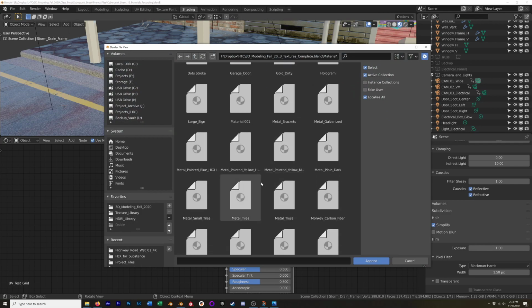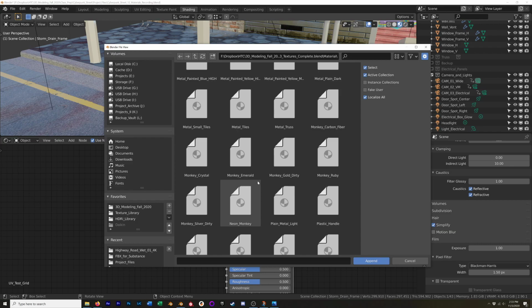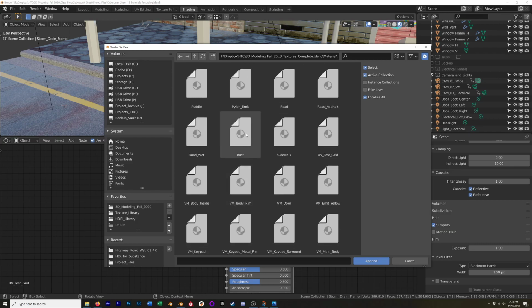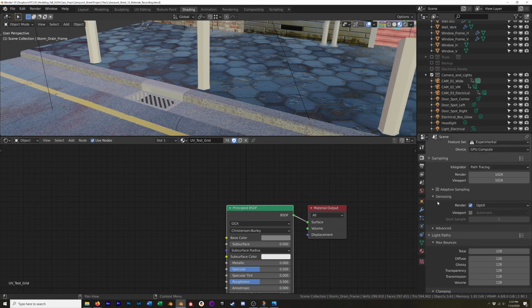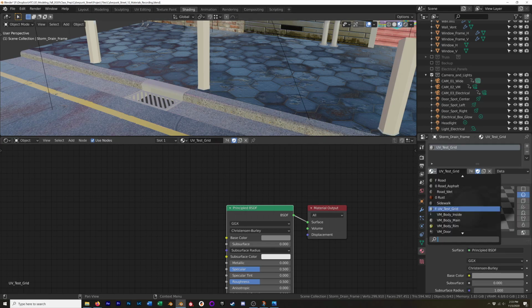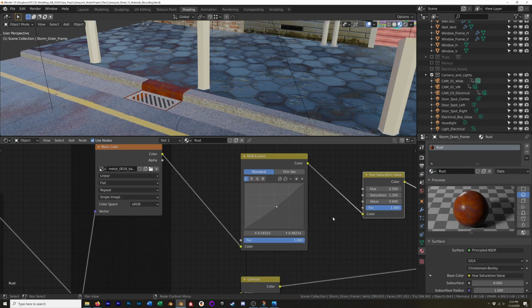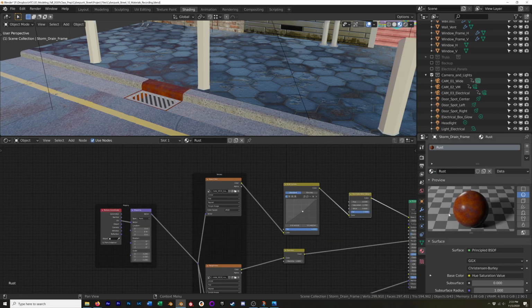That's probably called rust, maybe? Yes, it's called rust. I'll go ahead and append that. And then I will assign rust. And you see this one, it's from my other scene that I already did this, so it's already got